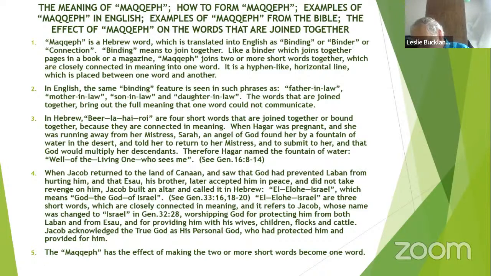And the angel of the Lord said unto her, I will multiply thy seed exceedingly, that it shall not be numbered for multitude. And the angel of the Lord said unto her, Behold, thou art with child, and shalt bear